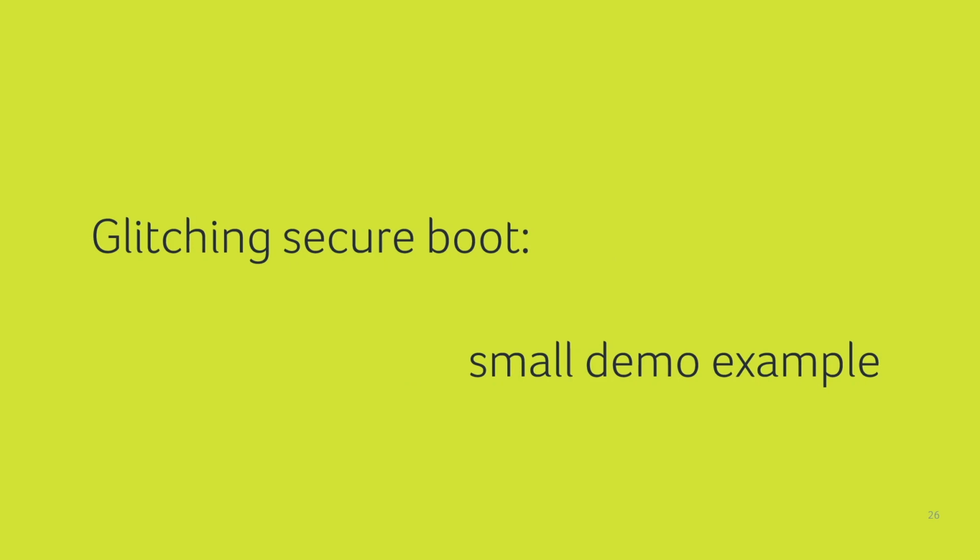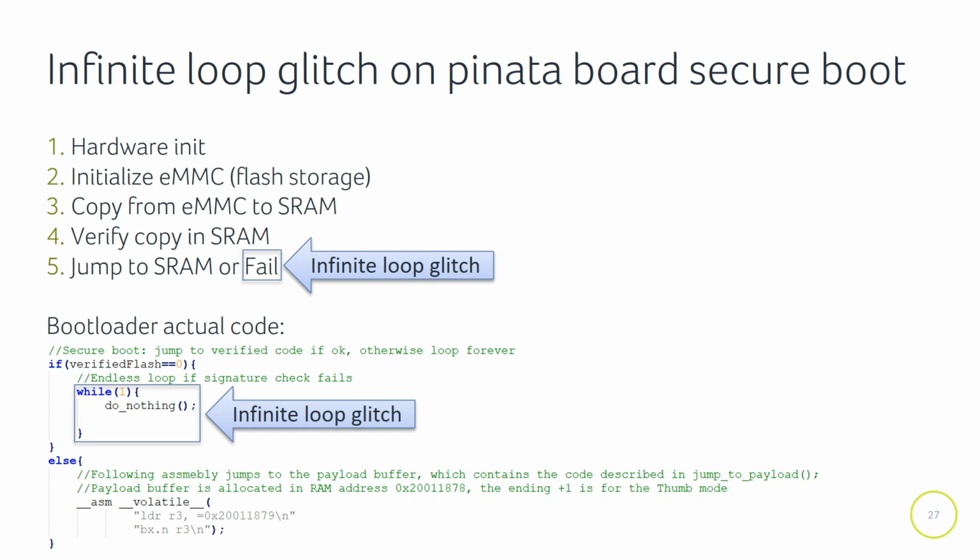Let's wrap up this presentation with a small demo example. So here, for example, in the Piñata board, this is a typical test target that we use at Riscure for training our customers on how to do fault injection techniques or how to harden a fault injection bootloader. So we have some secure boot code implementation. And in particular, this implementation is flawed on purpose so that our customers can see typical issues and then how to harden them. In this case, I just wanted to show you this infinite loop glitch on the Piñata board